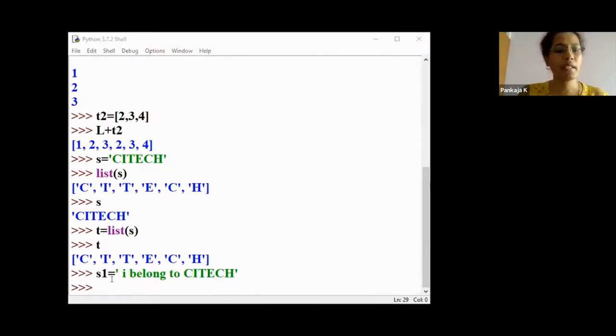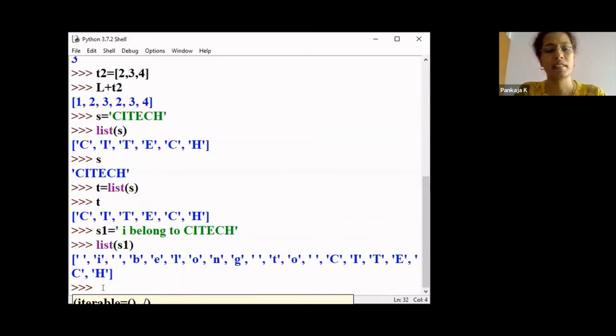Now S1 is equal to a sentence I have just given. Now if I say list of S1, again, what happens? Even including the space, it has been divided into characters. It is a list of characters now, right?